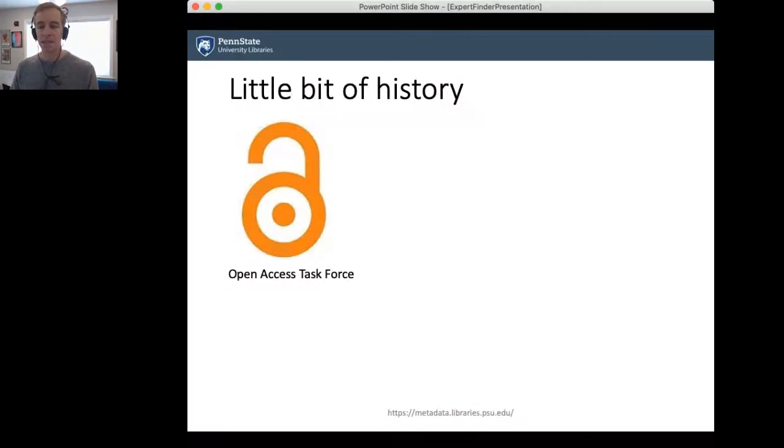One of the things that was continually repeated was to try to make this as automated as possible. Don't interrupt workflows, make this as simple as you can. If we're going to ask researchers to provide openly accessible copies of their work, then we need to make sure it isn't disruptive. So